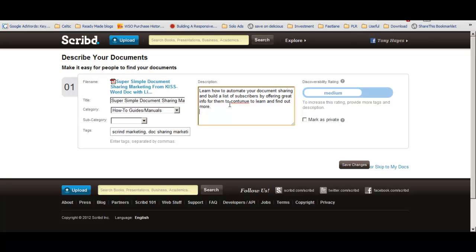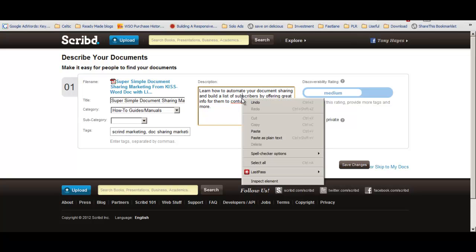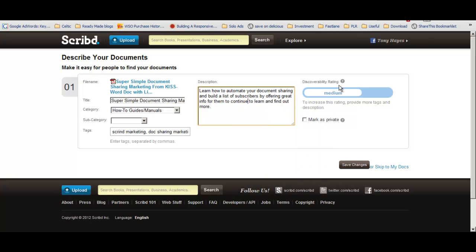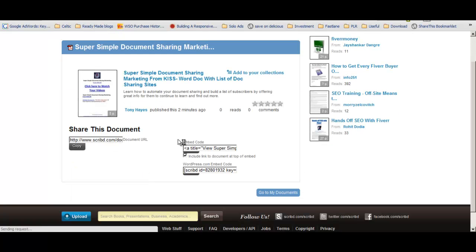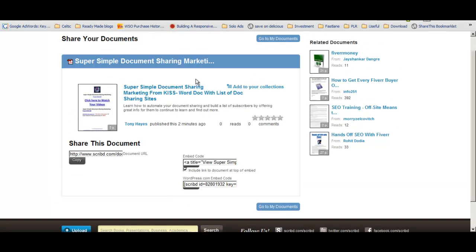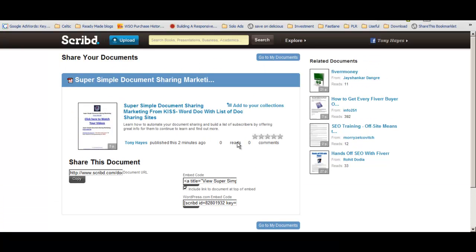Just something as simple as that. Now I've just got to type on there. Okay, discoverability is okay. I don't want to mark it as private. I'm going to save the changes. Okay, so there's something here that we can share the document. You might be able to use that a little bit later, but right now not much we can do as far as that. Now I do want to go into, let's go into my documents,